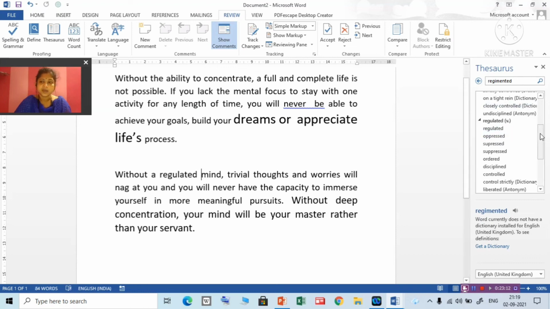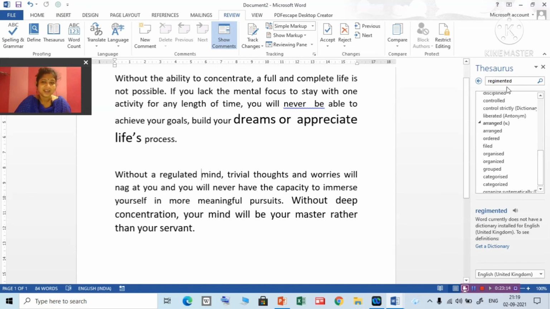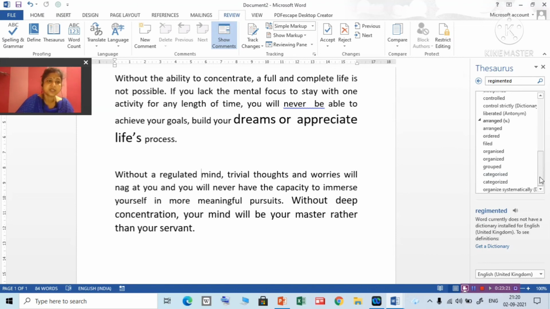This way you can increase your vocabulary, alternatives will come, you can substitute your word, antonyms will also come. So this is the use of thesaurus, which will improve your vocabulary when you are creating a document. Hope all of you understood. Any doubt you can ask in the doubt classes, no problem. And up to this chapter it will come in the half yearly exam.